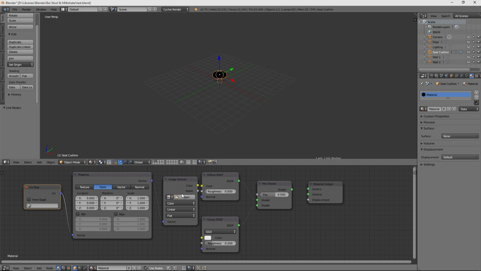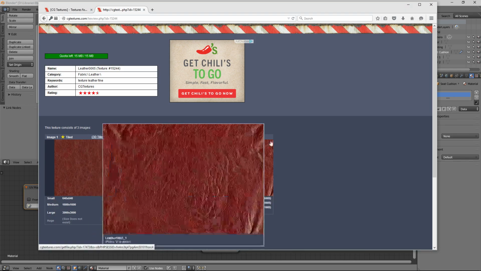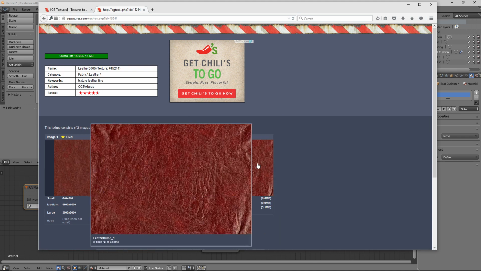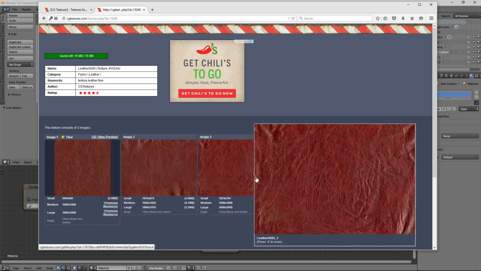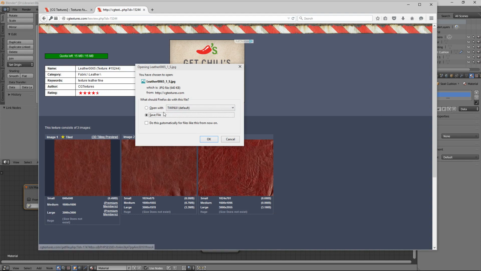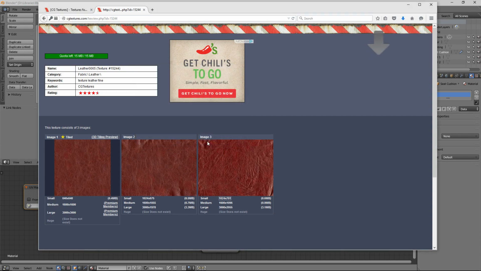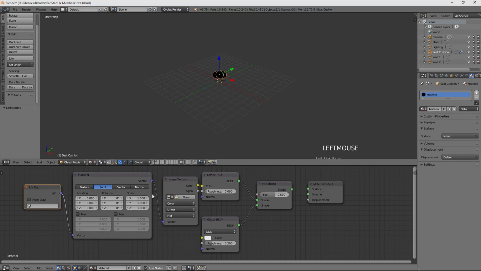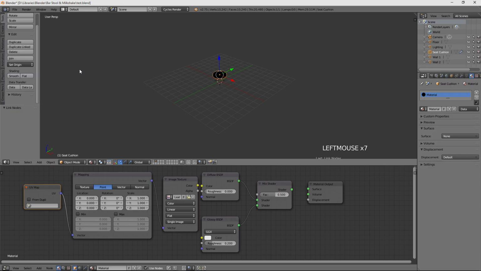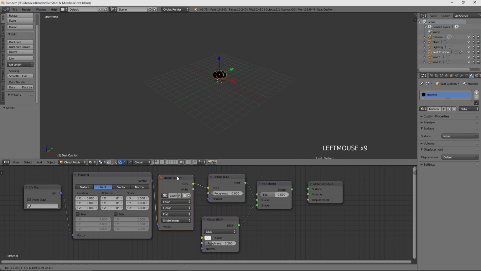So let's see if we can get this. I'm going to tab over to my web browser where I have gone to cgtextures.com. I'm going to download just a random, I searched for leather. I found a red leather, and I'm going to download this. I'm going to save it. I'm going to come back here and click open on my image texture. That's in my downloads folder, and it's the leather, just like that. Okay, now